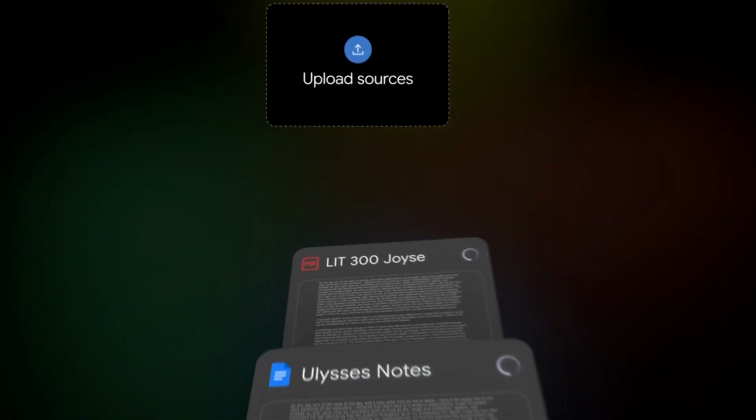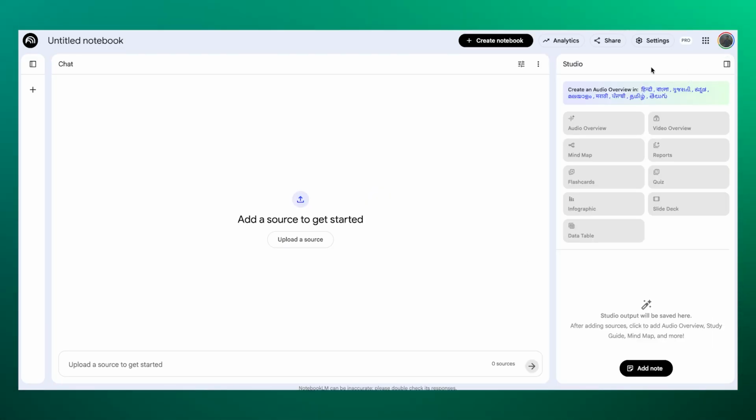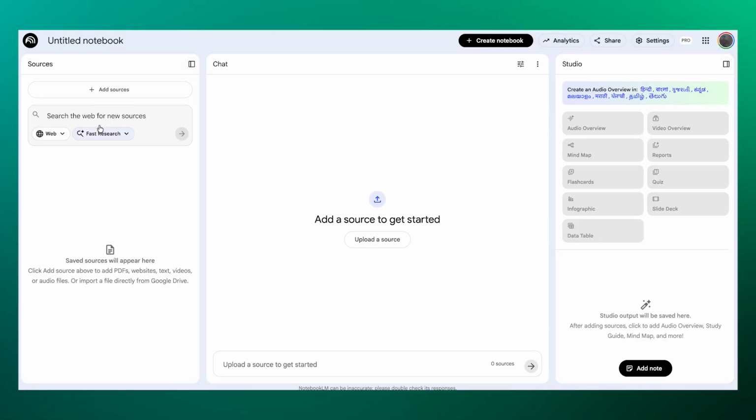Previously, you had about 2 sentences to tell NotebookLM how to respond. Now you have 10,000 characters, which is enough to build an entire instruction manual for how this AI should think. To access this, you press Configure Notebook on the top right, open the panel, select Custom, and that's where you